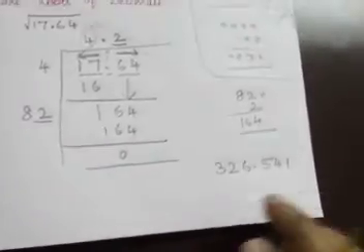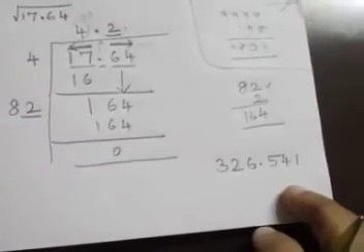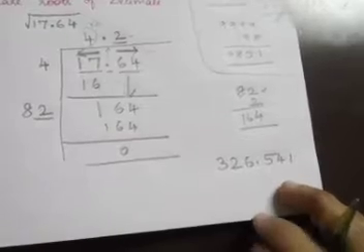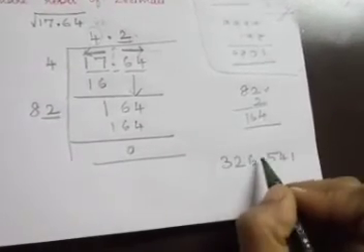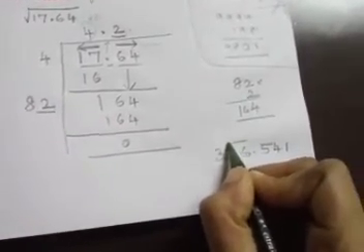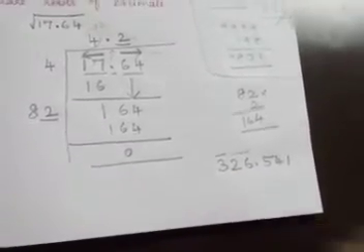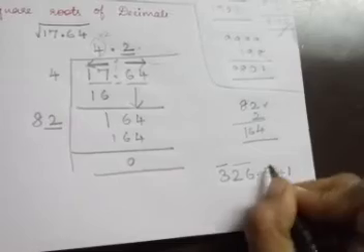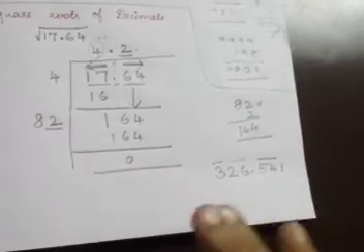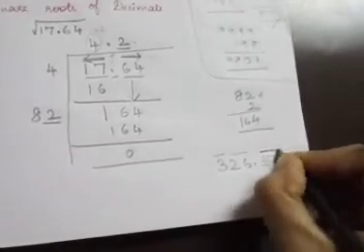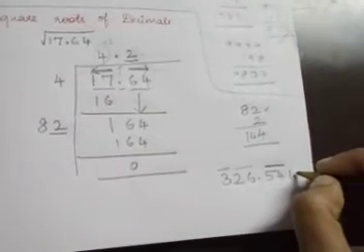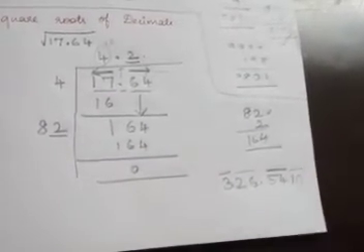If this is your question, you want to find the square root for this problem, how will you pair it up? For this whole part, you will go towards the left side like this. 2 numbers, then 1 number. Correct? Then in the decimal part, like this, right side. From left to right, you will go like this. You will put 2 bar. Then only 1 number is there. If this is the case, you will insert a 0 and put 1 bar above the value.